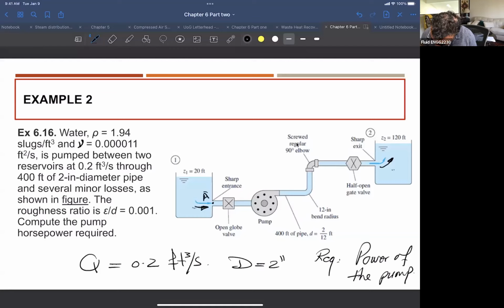So if this is point A, this elevation here is representing the energy at point A. This elevation of the tank is representing the energy at point B. Which means that if this elevation is 20 here and 120 here, if we remove the pump, the flow will go from the high energy to the low energy, right? So this is the idea of the fluid flow. So we are using the pump in order to drive the flow in the opposite direction. So that's why we needed an energy